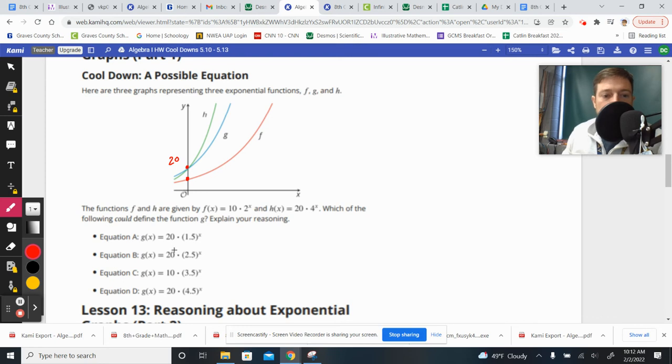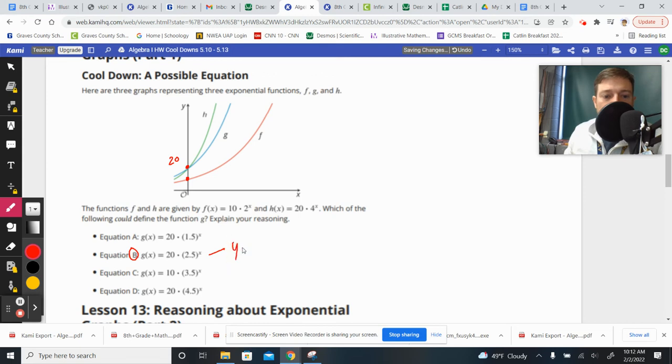All right. The reason why I'm going to go with B instead of C, even though C is also between 2 and 4 with growth factors, is because it has the same starting point as h at 20, which is my choice here, equation B. Okay. And my reasoning would be